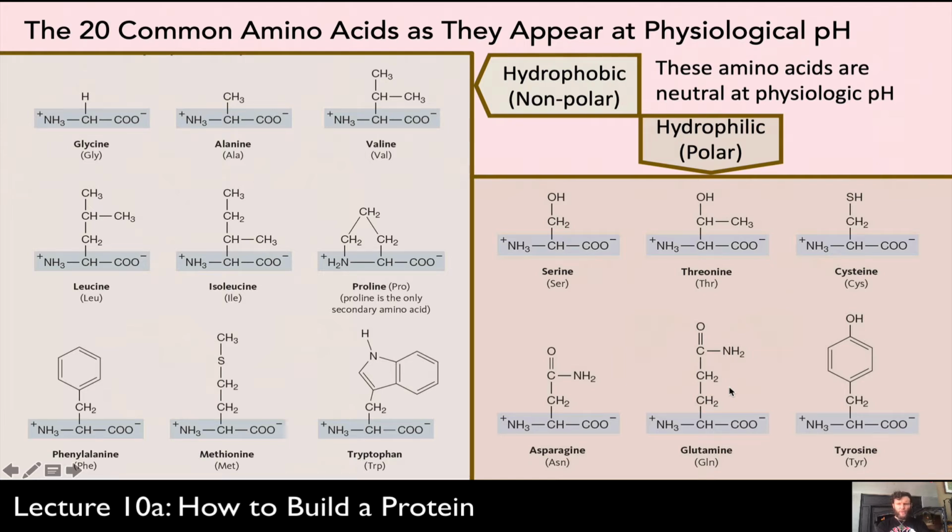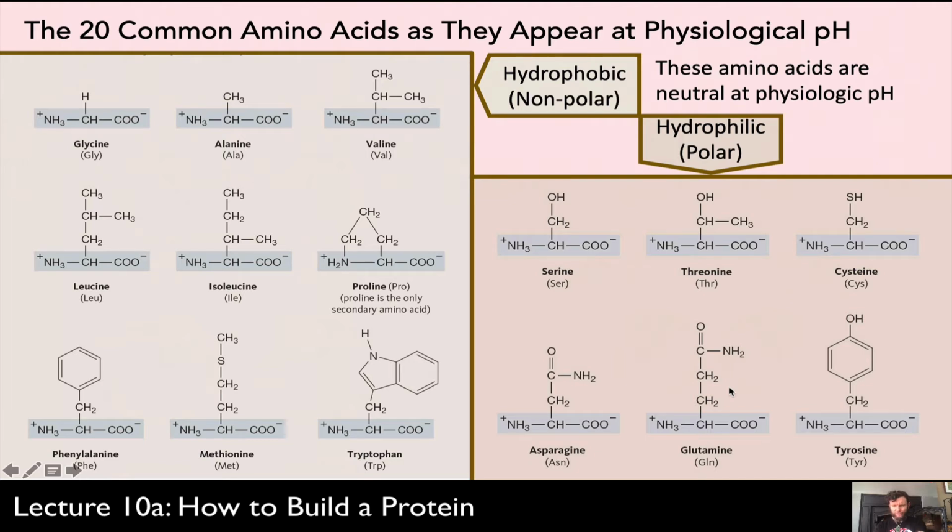And then there's this other category of amino acids, the hydrophilic or polar amino acids. They're not charged, but they are polar. So you'll notice in them that there are a lot of hydroxyl groups such as serine and threonine, a lot of thiol groups such as cysteine. The SH is pretty similar to the OH. There are a lot of carbonyls, like in glutamine and asparagine. Tyrosine has an OH as well. So these are hydrophilic or polar amino acids that are often able to participate in hydrogen bonds. These side chains can participate in hydrogen bonds, but they are